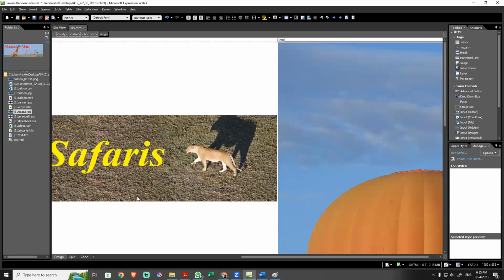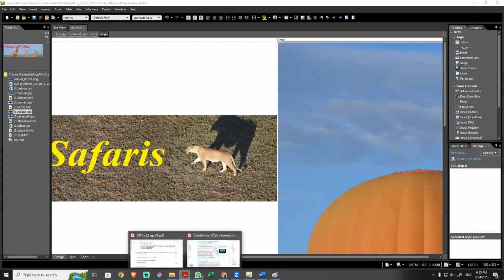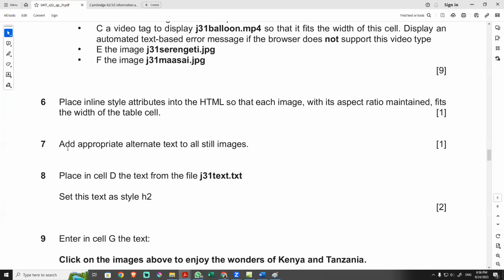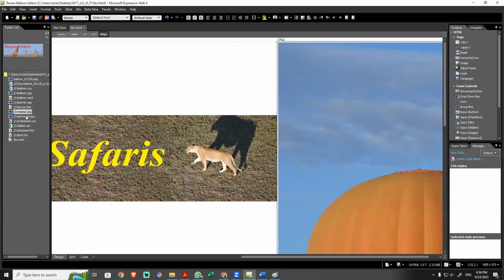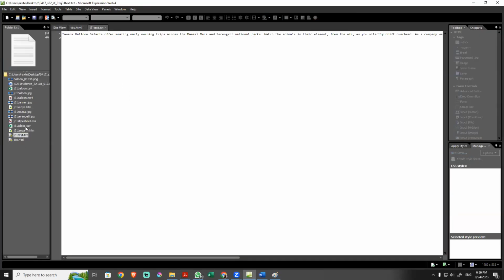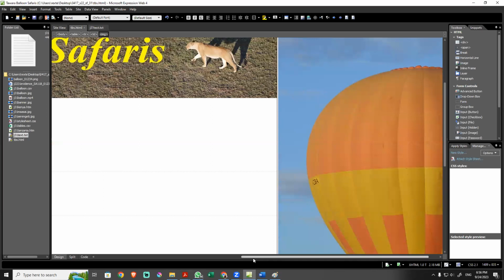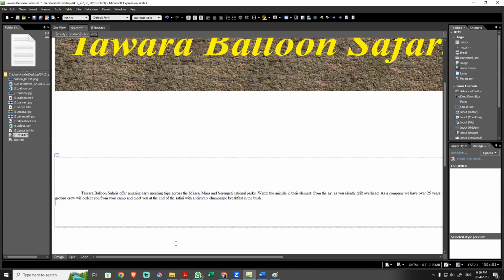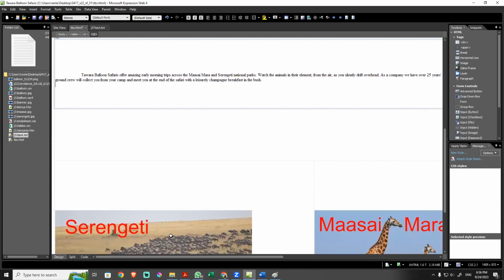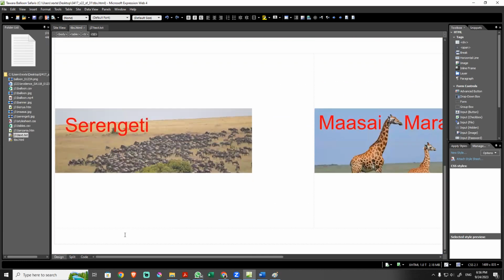All right. Let's go back. Now, place in letter D the J31 text. J31 text, this one here. Click that, highlight this part, all of it, copy it, and bring it to D. The D is here. Paste it. Oh, no, that's not the D part. I think the D is